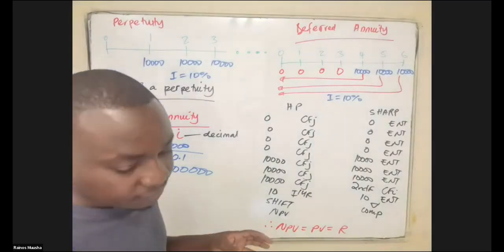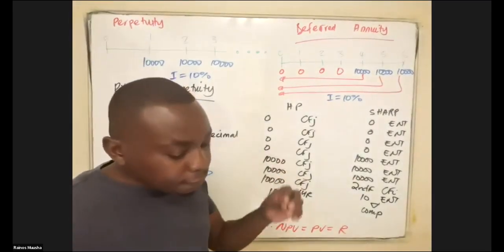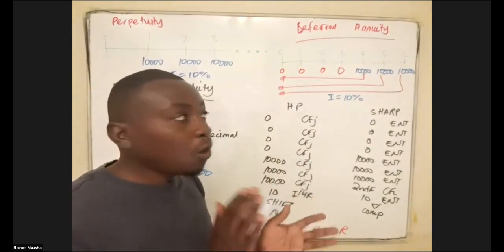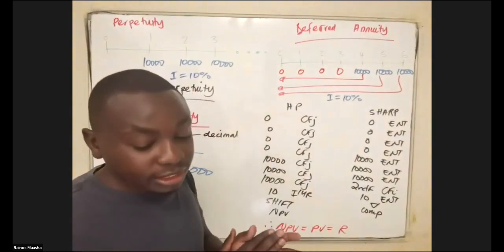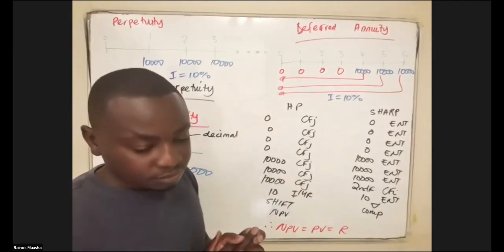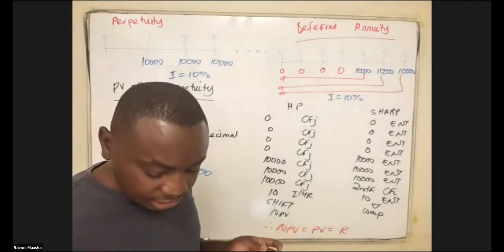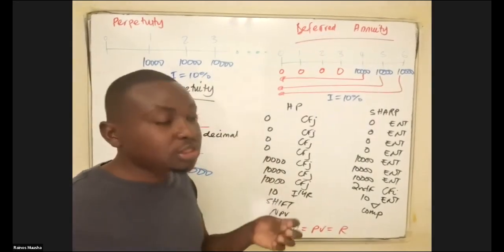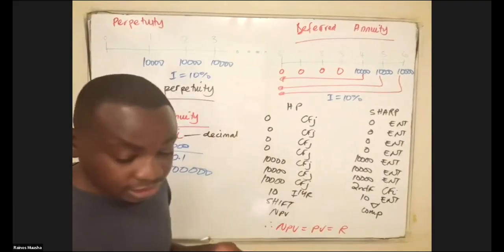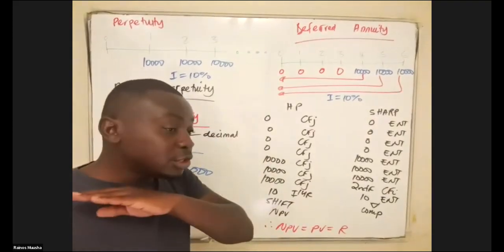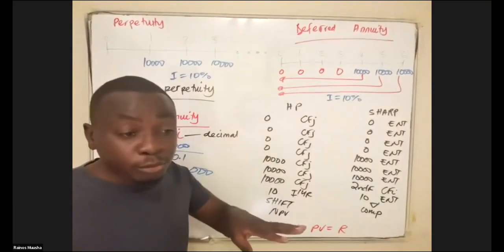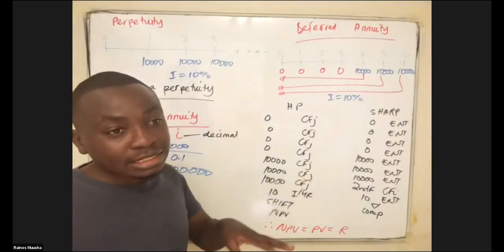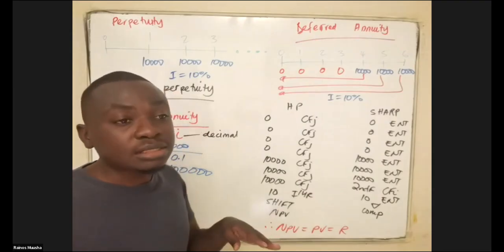Very, very important thing. After you do your calculations in beginning mode, always put back your calculator into what? Into end mode. And how do you put your calculator back into end mode? If you're using the HP calculator, the same steps that you took before are the same steps that you're going to take again. But this time, it should not show you BEG at the bottom of the screen. So if you say second function, BEG/end again, the BEG disappears.